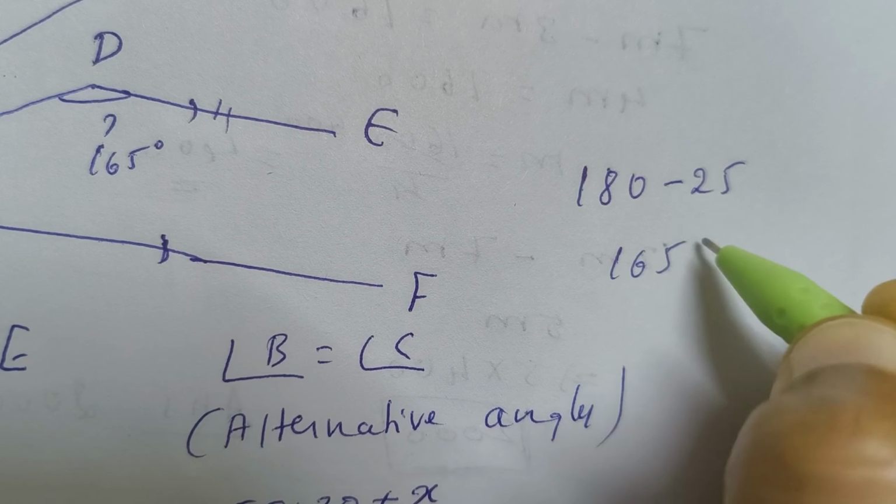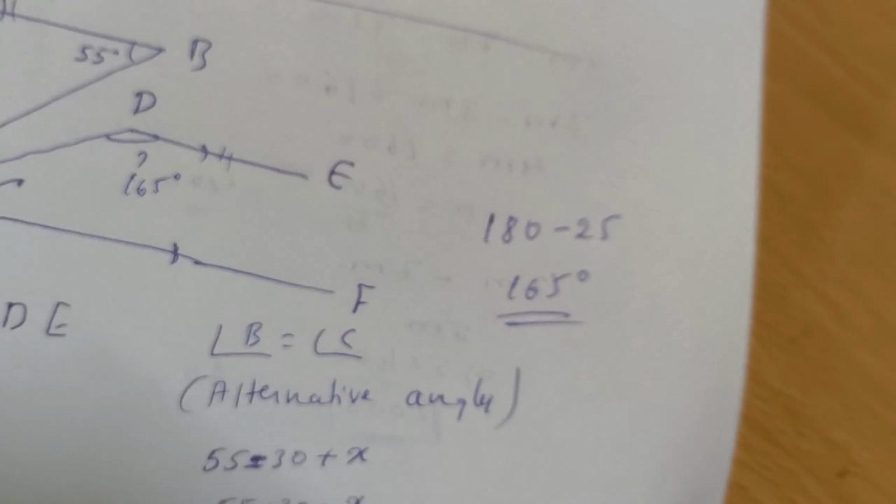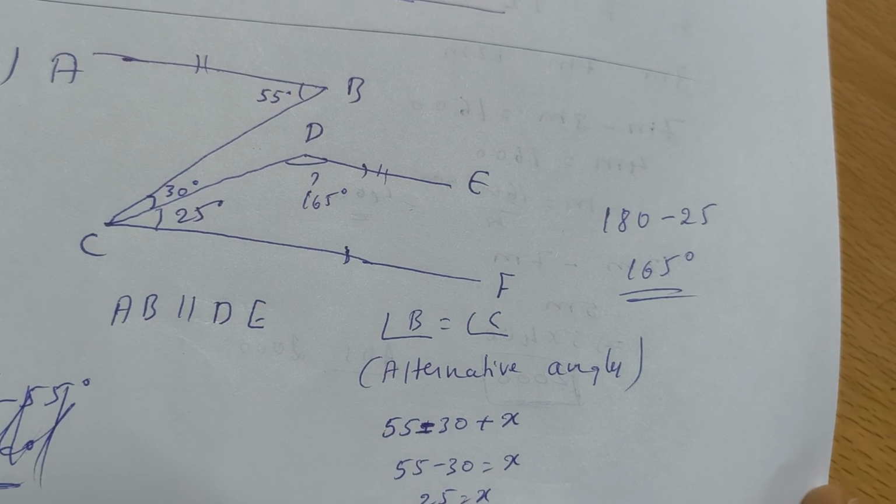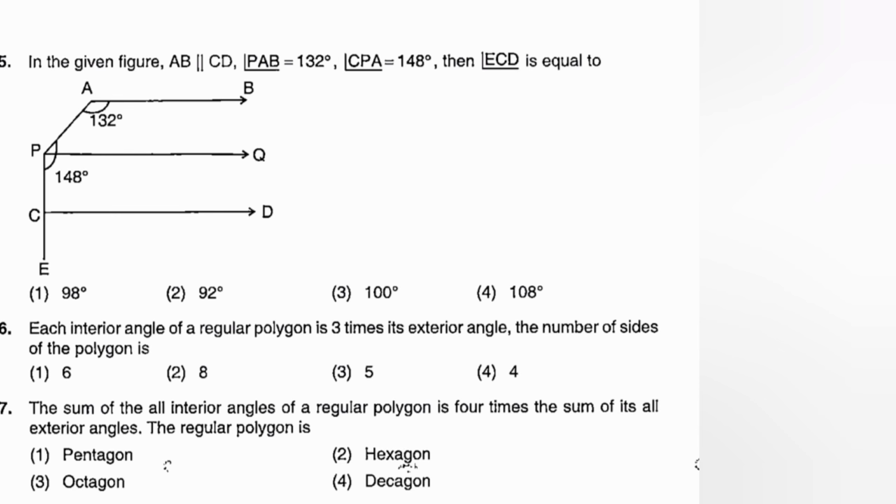Next question. In the given figure, AB is parallel to CD, angle PAB is 132 degrees, angle CPA is 148 degrees. Then angle ECD is equal to,